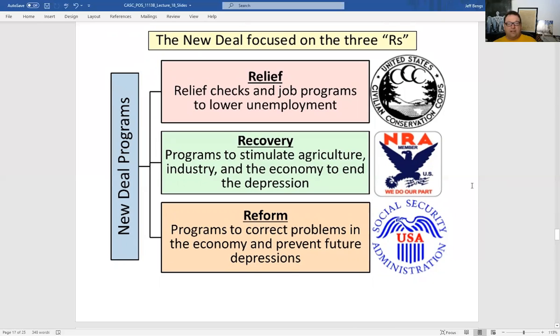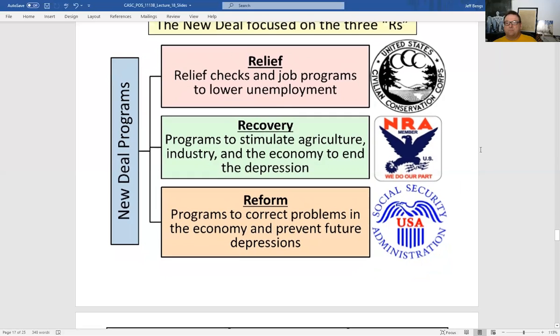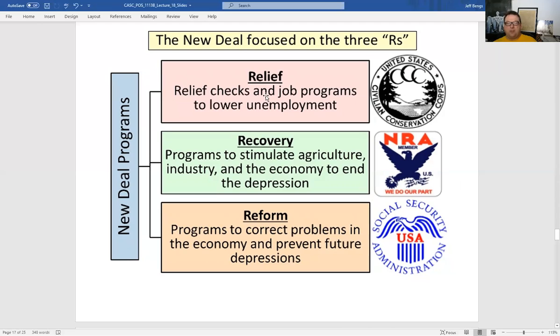Maybe your high school gymnasium was built that way. Now I know Howe's wasn't. Howe has a nice new gymnasium, but some of the smaller schools in this part of Oklahoma still have a gymnasium that was built by the WPA, and they're really cool looking buildings. They make them out of rocks from the area usually. So that's an example of a relief program to lower the unemployment.